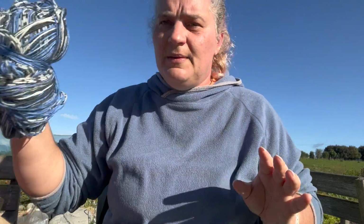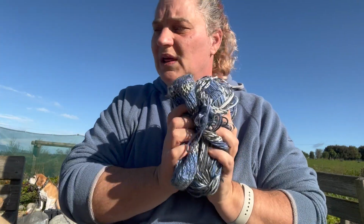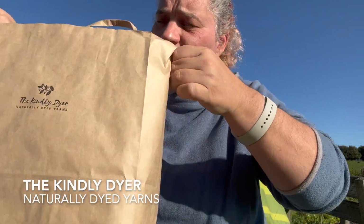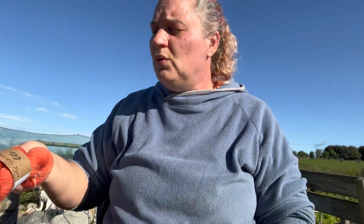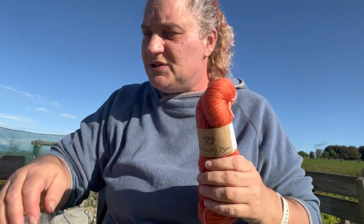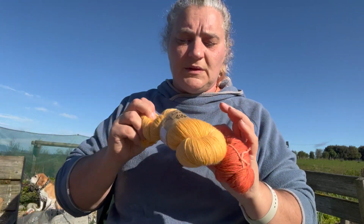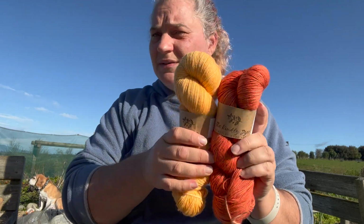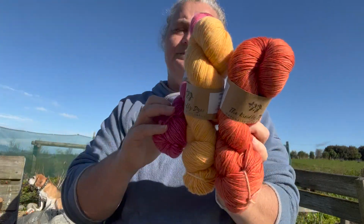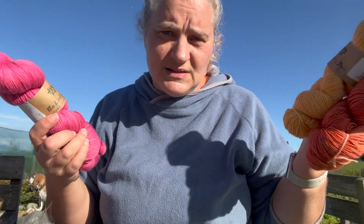Anyway, so this is Greytown-based Good Wool Hunting. So Skeins Good Wool Hunting. Then the other one I was going to was the Kindly Dyer. I love the Kindly Dyer. She's a lovely lady, and she has all natural dyeing methods for her yarns. I specifically wanted to go to her for sock yarn this year because I've signed up for the Stephen West Mystery Sock Along, which requires 2 skeins of